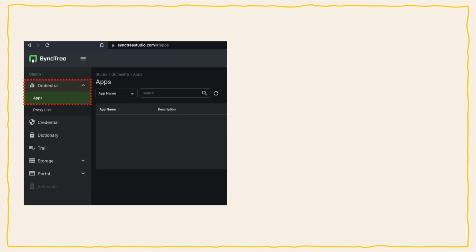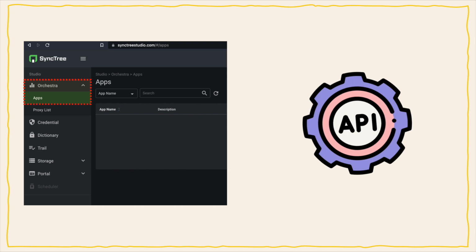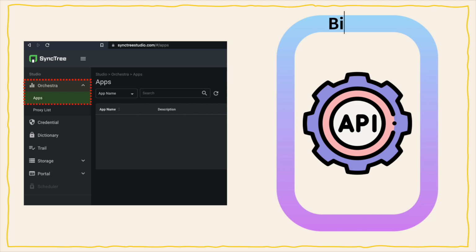Create and manage the API, which is a key feature of SyncTree, right through Orchestra. SyncTree implements the API with block coding and manages it with a collection of blocks named BizUnit. In short, BizUnit becomes one small API program file. There is a slight difference between the two. But even if the API and BizUnit are considered the same, it is not a big problem at this stage.